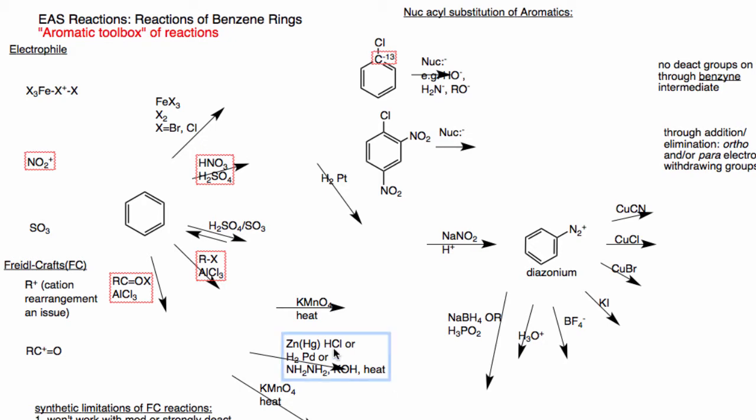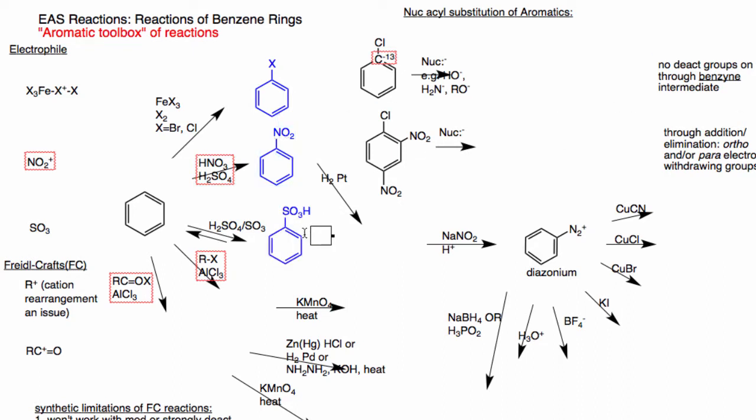First, of course, we have our electrophilic aromatic substitutions that we looked at last week. That is, we can put halide, nitro, sulfate, alkyl, and acyl groups directly onto a benzene ring. For example, if we use iron trichloride and chlorine, or iron tribromide and bromine, we can put the corresponding halide on the benzene ring. If we use nitric acid and sulfuric acid, we can put a nitro group onto the